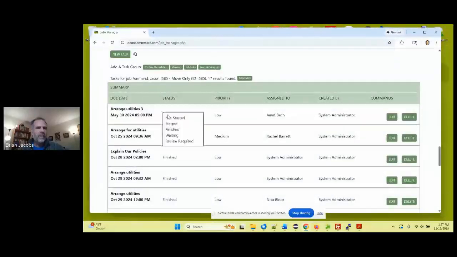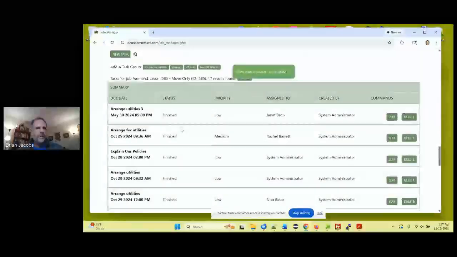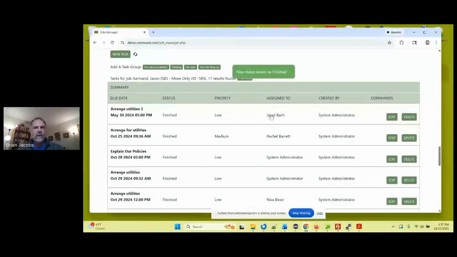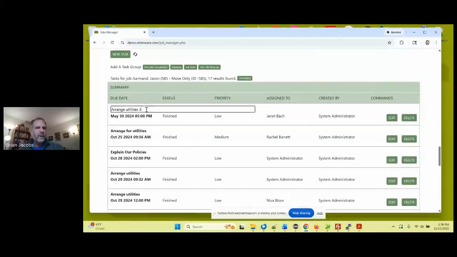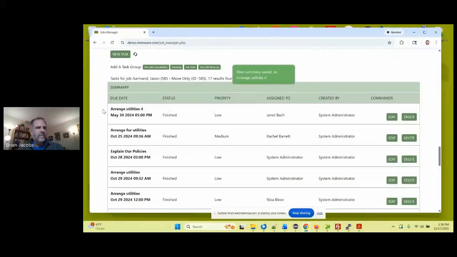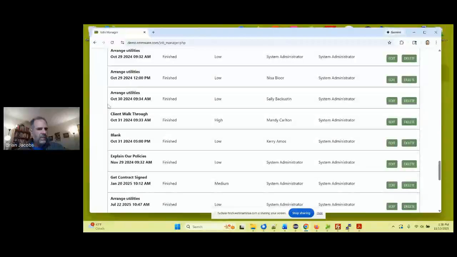And you can modify the tasks from this listing. You can change priority, who it's assigned to. There are emails that go out when a task is assigned to you. You'll get an email. If you're the person who created the task and you assign it to somebody else and they finish the task, you get an email. So there's a lot of communications that go out when it comes to tasks to keep you informed. You can also modify other fields here as well. If this was, let's see, this was,